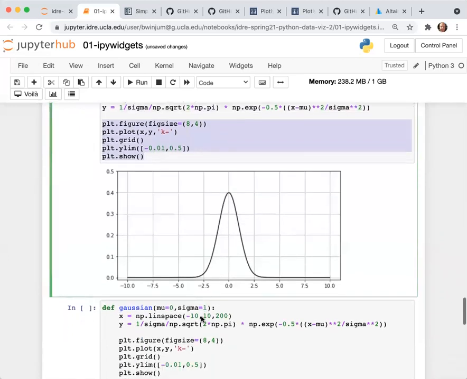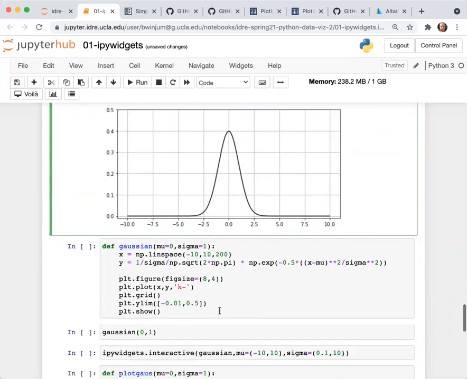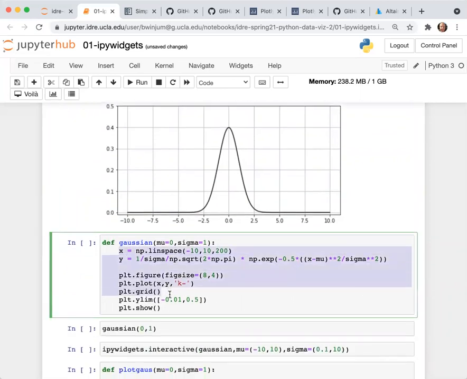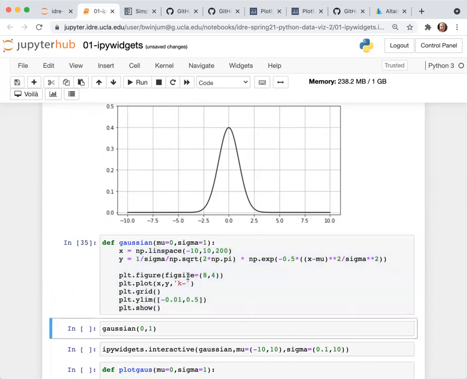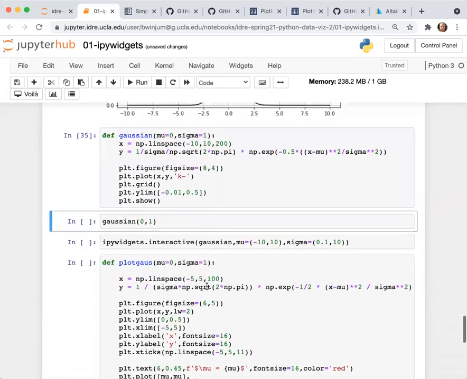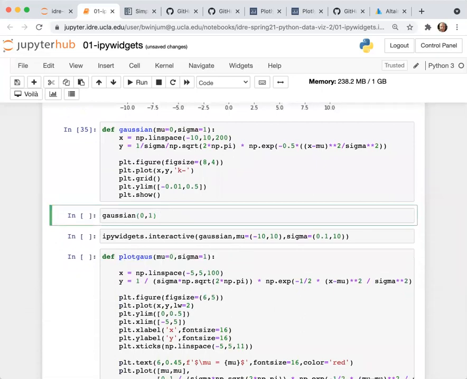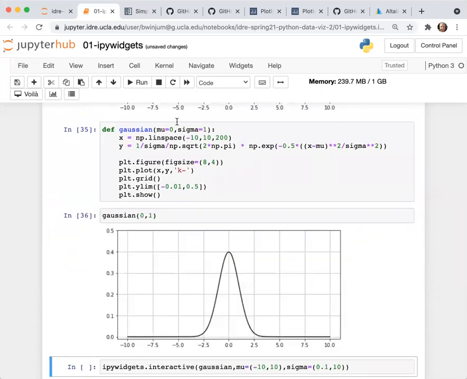Now, say you want to visualize this with different values for the mean and the standard deviation. One way is to put the code from above, this highlighted selection, into a function where you can specify as input parameters the mean and the standard deviation, which here are mu and sigma. When I execute the cell that defines the function, and then call the function with explicit values of mu and sigma, it generates the plot for me.